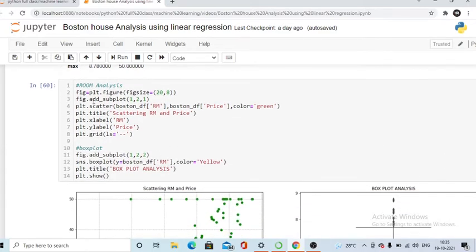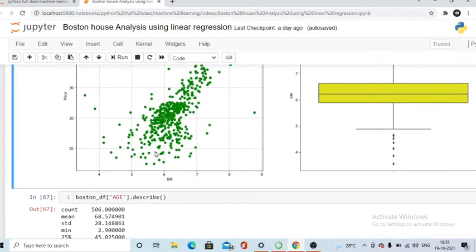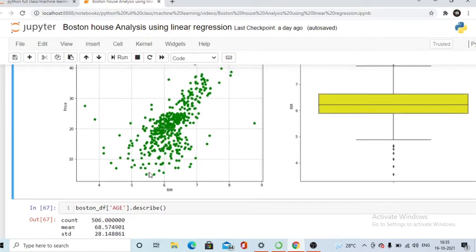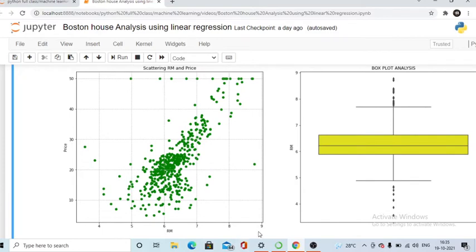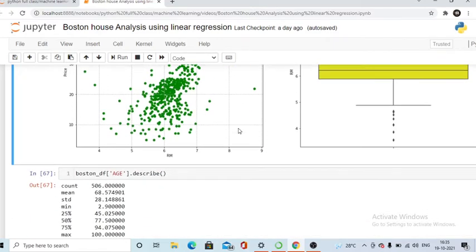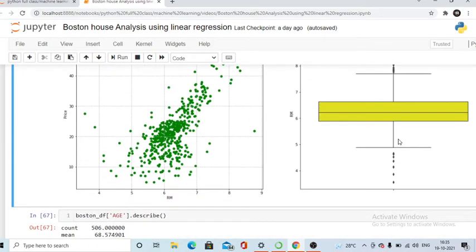So here I have a picture of the room analysis. You can see here we have the room part, with rooms 5, 6, 7. With respect to 5, 6, 7, the price of the house is also increasing this way. If you are going to buy more rooms, then it will cost you more. Okay, so this is the picture you can see. This is the box plot analysis of the room part.